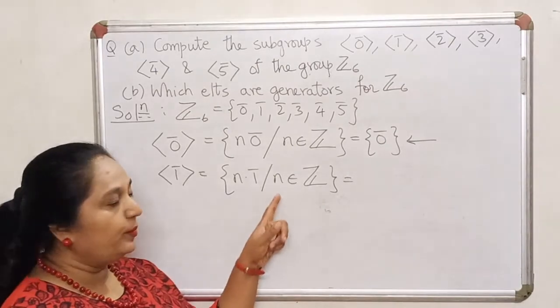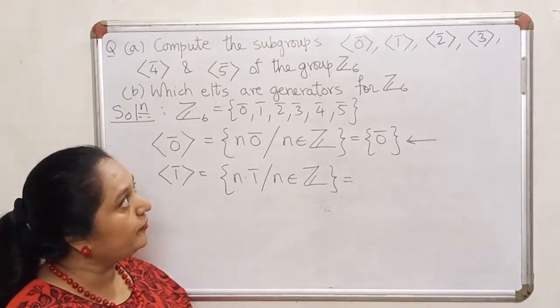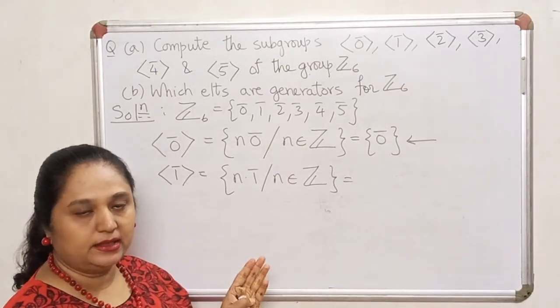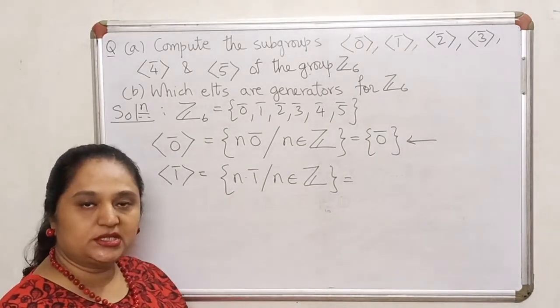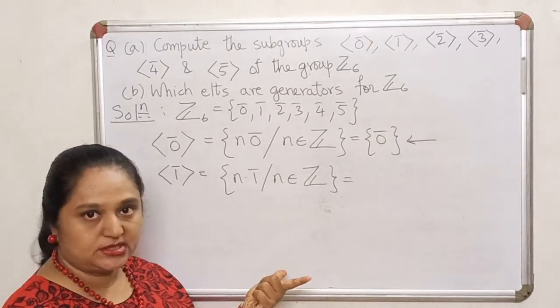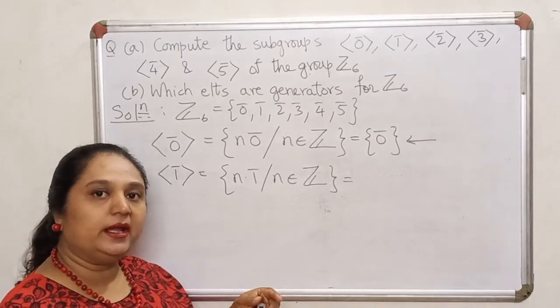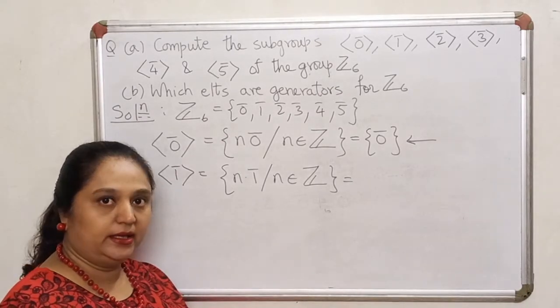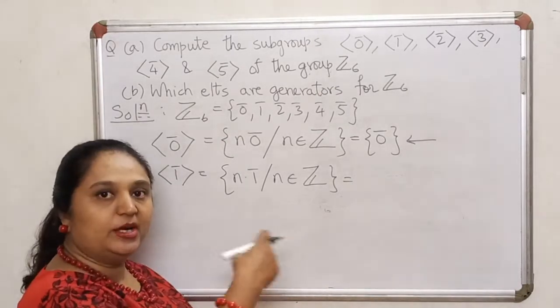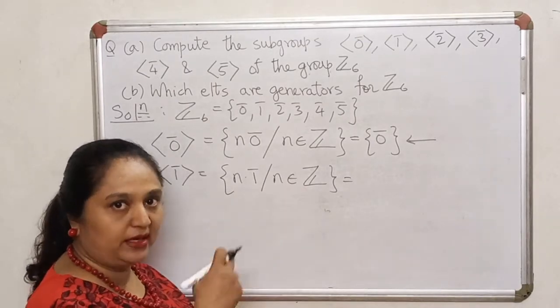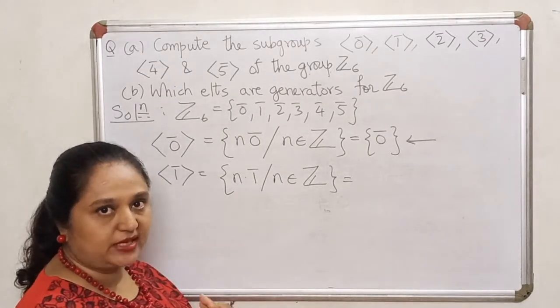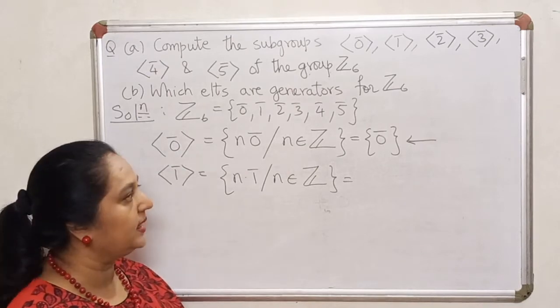Now though I take n to be an integer, if it is a finite set, you take the first few positive integers and see what you get. Once the elements start repeating, you will get the same elements over and over again in a cyclic manner. You will see what I mean. That's actually the reason why it is called a cyclic group.